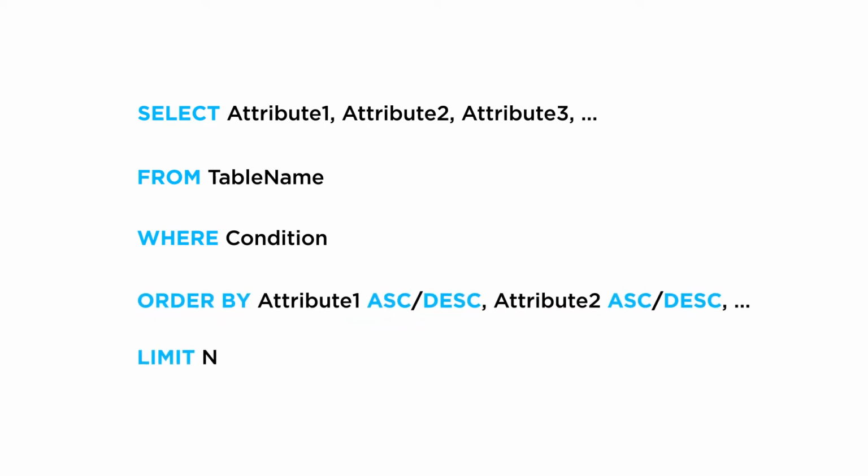The syntax of the where statement is the following. We have, as usual, the select in the first line of SQL, followed by the list of attributes, then from the table that we are querying, and after the from part, we have the where clause, followed by a condition, and then we have the order by and the limit commands that we have seen before.